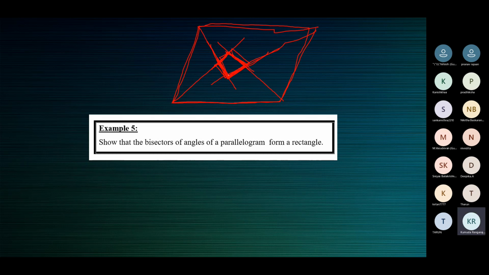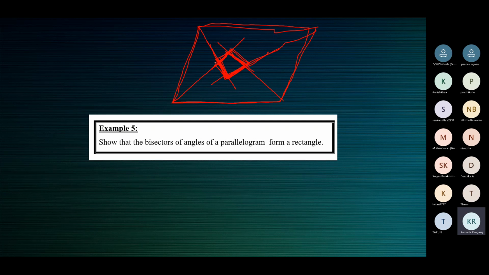So to prove it's a rectangle, we need to use the definition of a rectangle. It's a parallelogram in which one angle is a right angle. So we need to first prove that this is a parallelogram. To prove that a quadrilateral is a parallelogram, here we will prove that both pairs of opposite angles are equal. We have seen this property in a parallelogram: opposite sides are equal, opposite sides are parallel, opposite angles are equal.